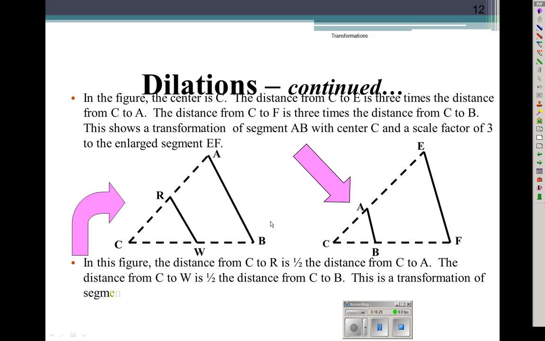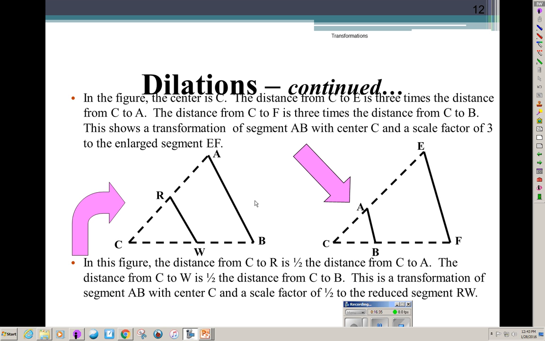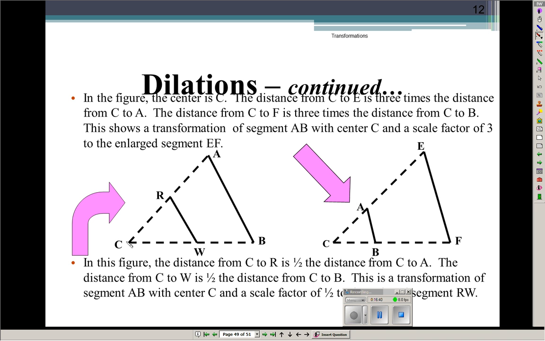In this figure, we start with segment AB, and then the distance from C to A is 1. Then it backs up. R is only half of the length away. So from C to A, if that's 1, R backs up to the halfway mark. From C to B, that counts as 1. C to W is also at the halfway mark, which means that the scale factor here is 1/2,